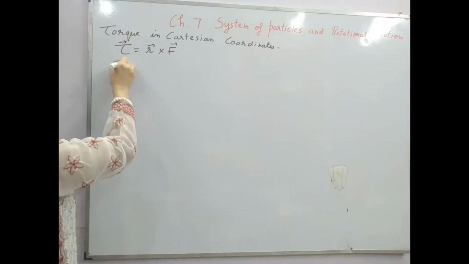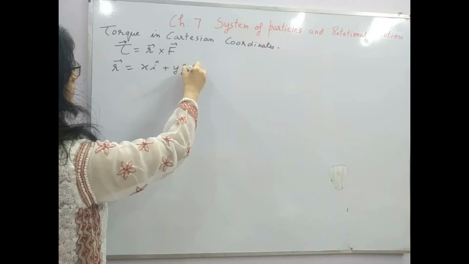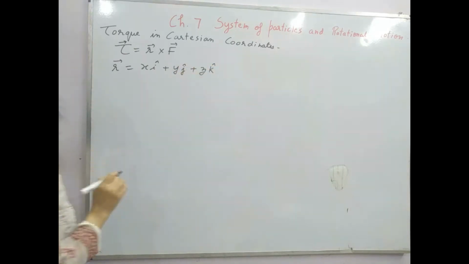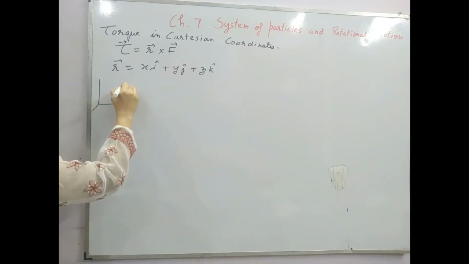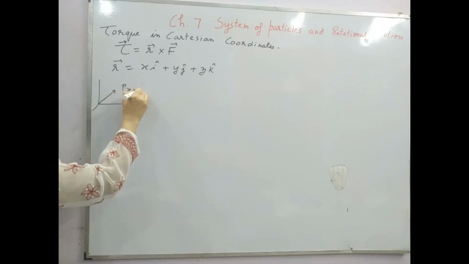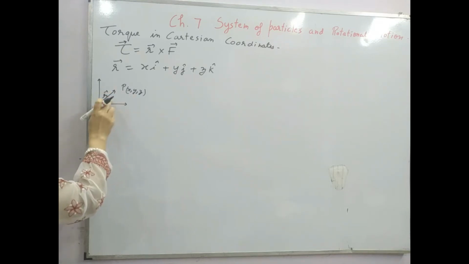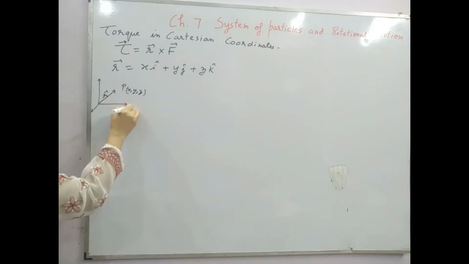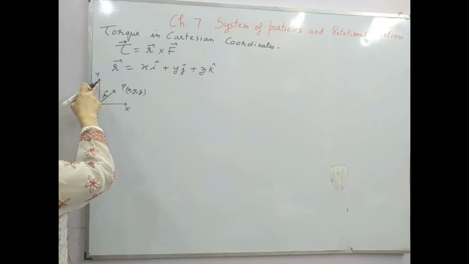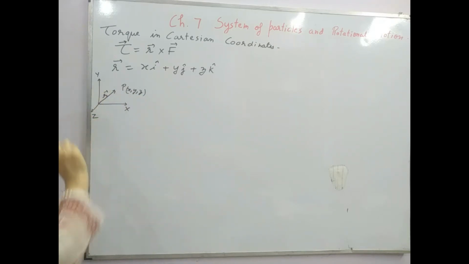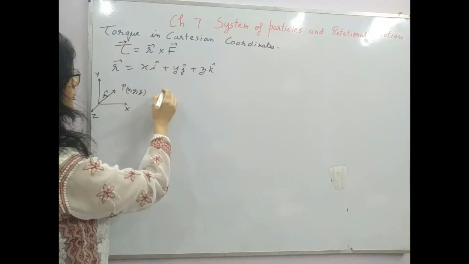If we are given this r vector as xi plus yj plus zk, right? So we also can understand this thing by this thing. Suppose point P has coordinates x, y, z, then how can we write the position vector r? We know that x along i direction and y along j cap, and z along z direction with k cap as unit vector. So what will be the F vector?